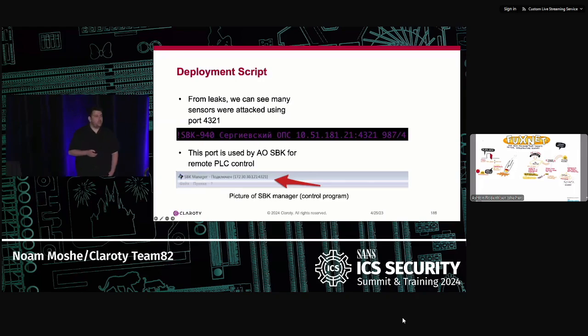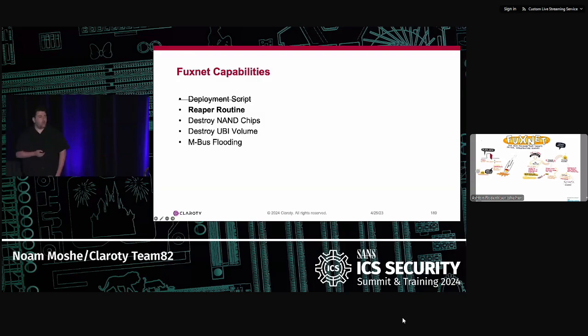Basically, this is the port that the engineering workstation connects to the sensor and controls it remotely. And from analyzing its capability, we discovered that it is possible to simply execute commands and tell the Sensors gateway, hey, please execute this script, and it will do it, no problems. And this is how the attackers actually distributed their malware to every Sensors gateway. However, once they distributed it, this is when the malware started actually acting. And they separated the different routines, so let's analyze each one of them.